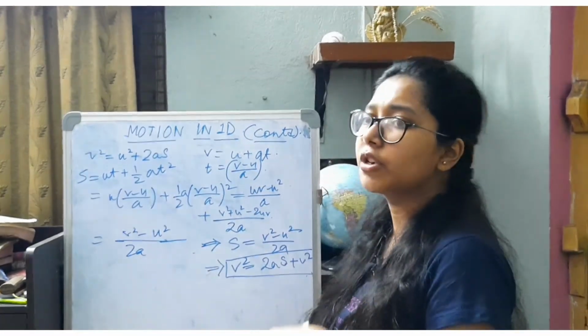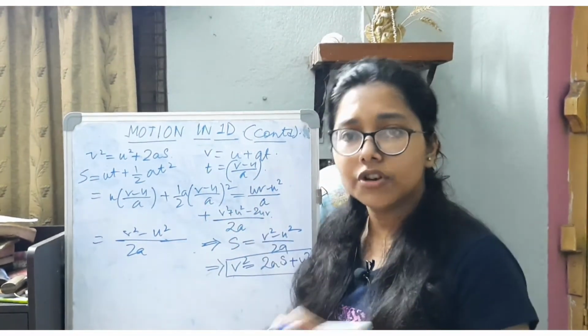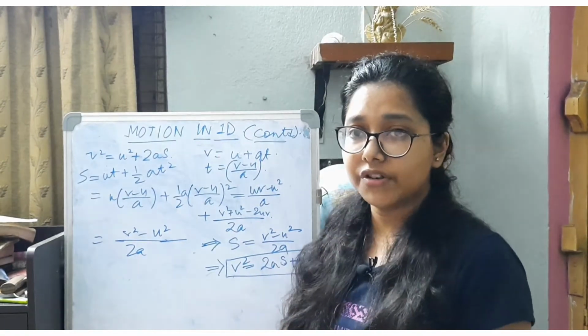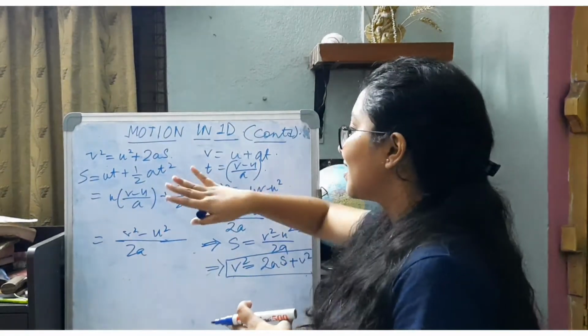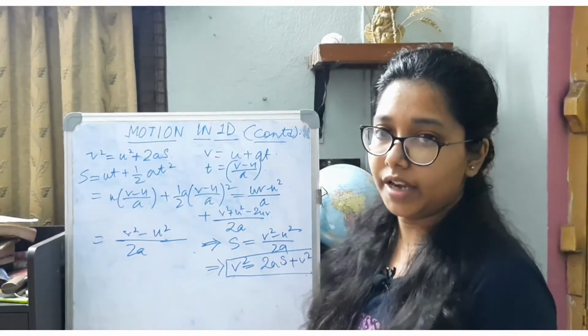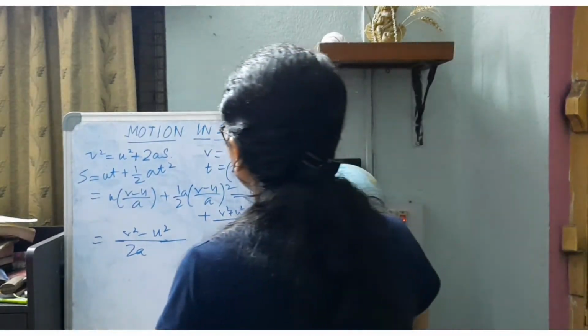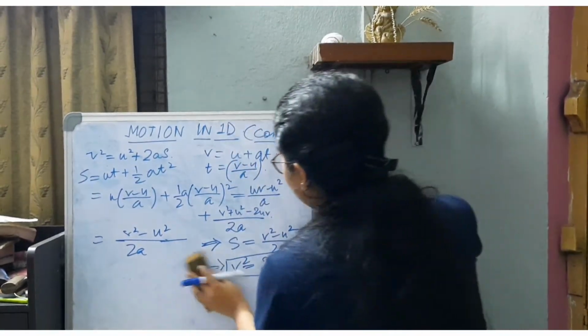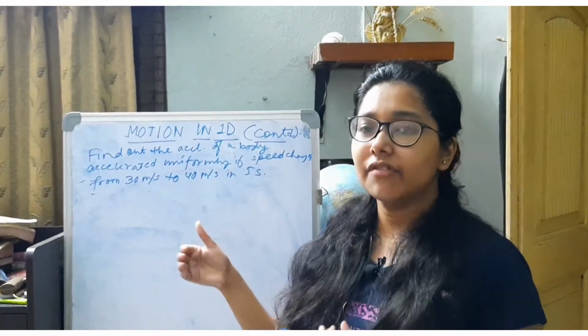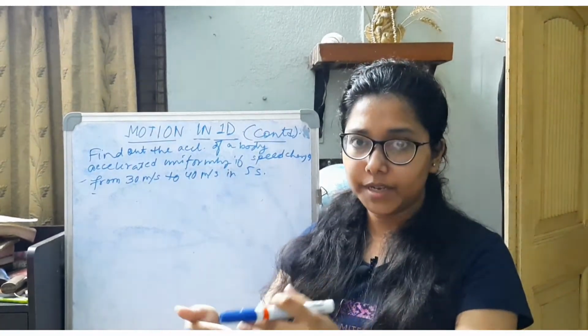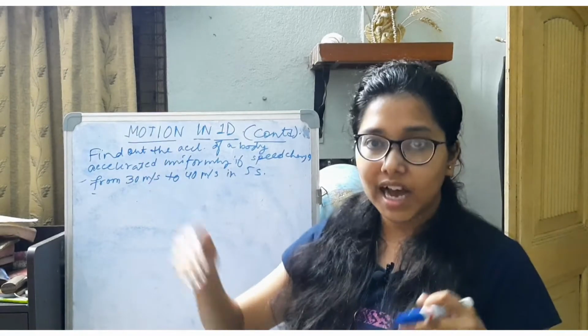The fourth equation is for your knowledge. In some boards it is required, in some boards it is not required. So I just suggested the fourth one as well. Okay. So moving towards certain numericals. As you can see, we are beginning with a very beginner level of problems and then we will be moving to the higher levels.